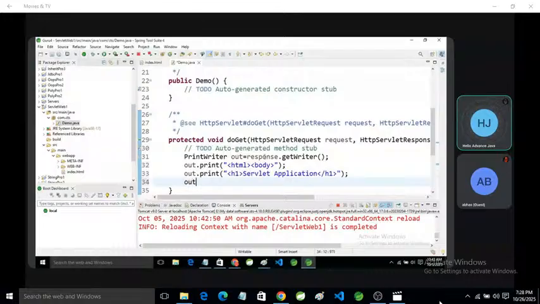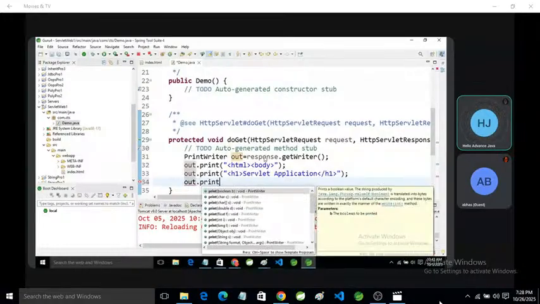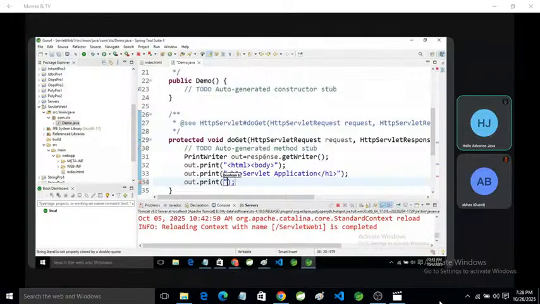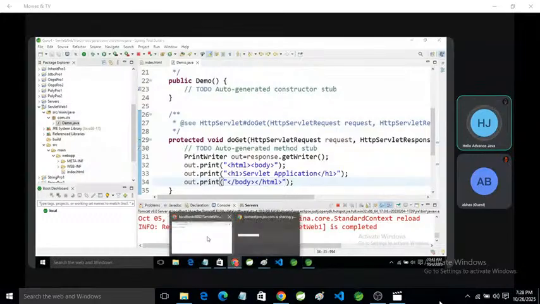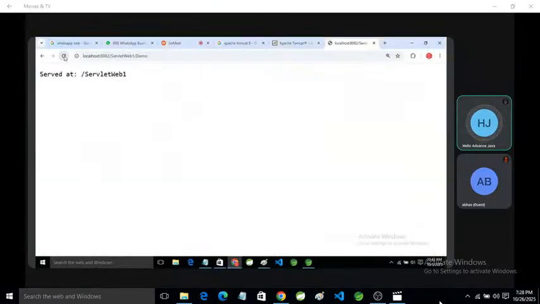Okay, you can create this page, and here we are creating a dynamic page. So as per your need, you can create your dynamic page here. Save this file. Again, I am going to check if it's working or not. Servlet application.